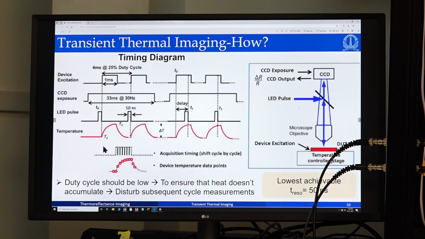So the LED pulse, as I had shown in the beginning, is controlled by a source pulse controller, which will control at what point inside this excitation we need to shine the LED. Why is this important? I'll show. So we can see it from here. Let us say we apply a voltage. In response to that, we'll have a current. In response to the current, we'll have a temperature evolution of something of this sort. So to monitor each point, we have to sample this temperature waveform.